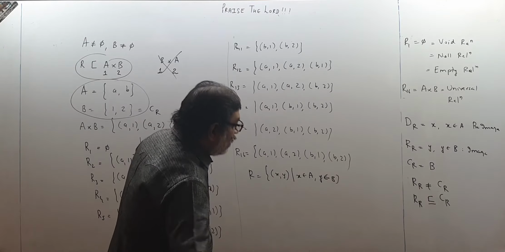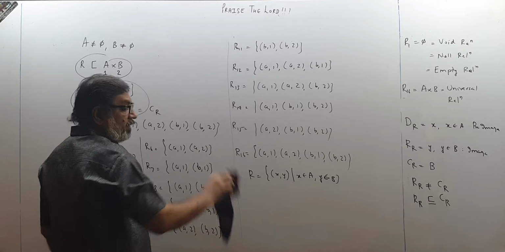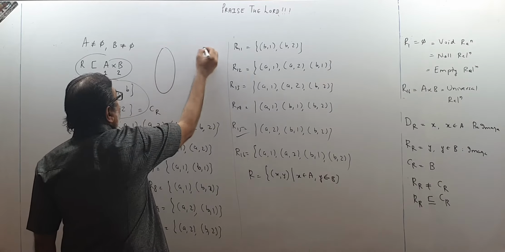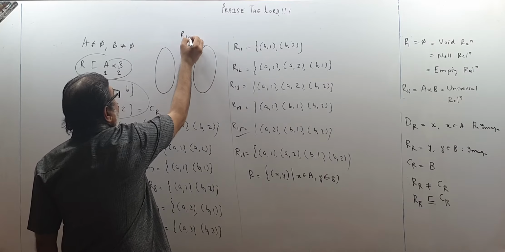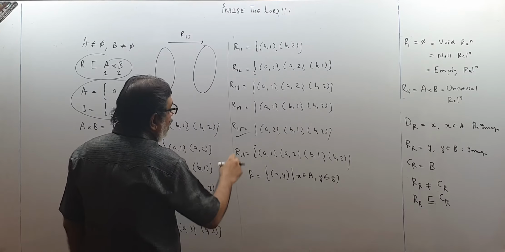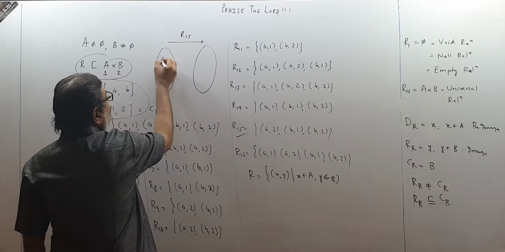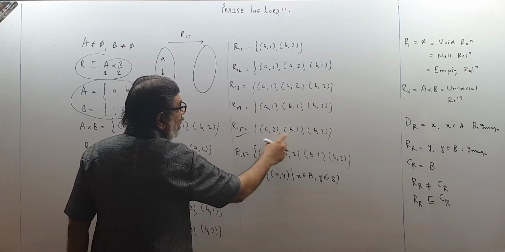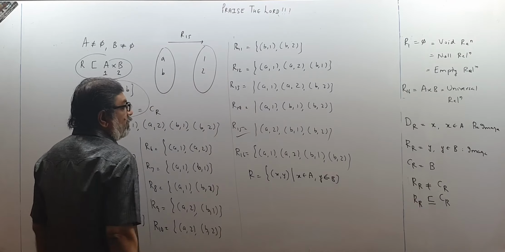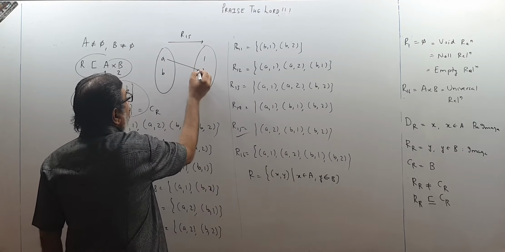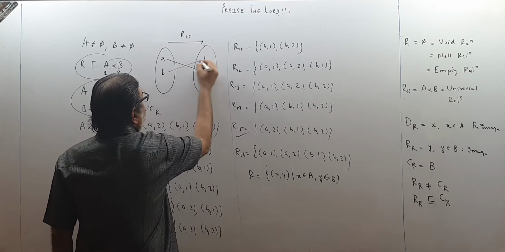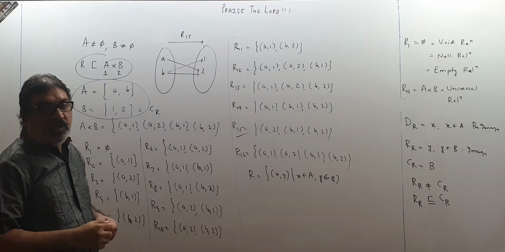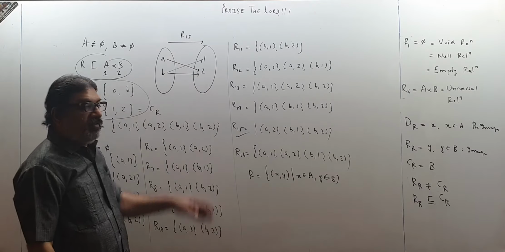Now if I draw an arrow diagram for any one relation, supposing I draw for this R15. So please see, this will be R15 for me, and in this I write only A and B as the first elements. This becomes the domain. And on the opposite side I have to write 1 and 2. Like this. So A goes to 2, B corresponds to 1 and B corresponds to 2. This is my arrow diagram or the Venn diagram for relation number R15. Like this you have to think.